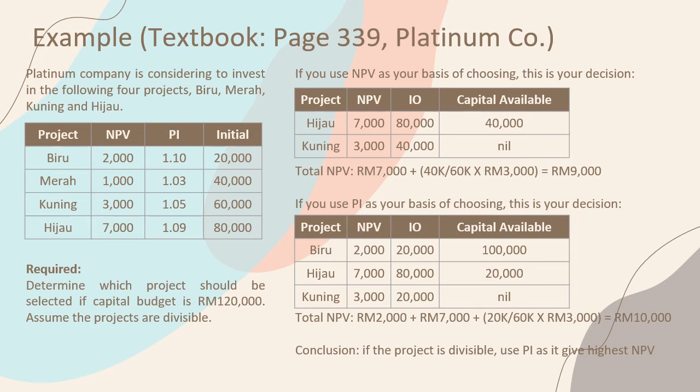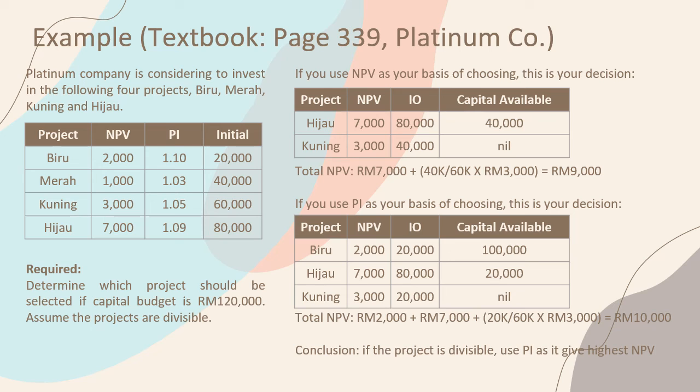Alright, so if I want to use NPV as my decision criteria, I would choose the one with the highest NPV first, followed by the second highest. So here, the highest NPV is hijau of 7,000, and the initial outlay required is 80,000. Available is 120,000, so after we have taken out the 80,000, the available is only 40,000. So the next project I choose must be the second highest NPV, and it would be kuning. Kuning's NPV is 3,000 with the initial outlay of 60,000, which means we have insufficient